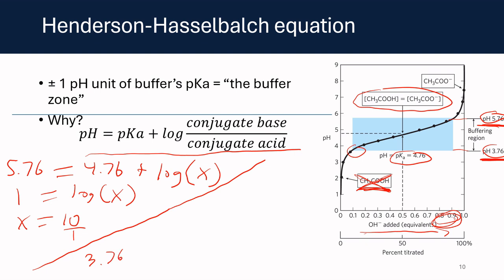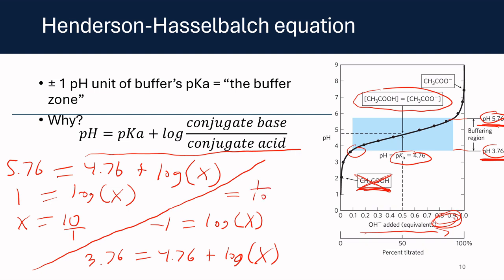3.76 is the actual pH of the environment. The pKa of acetic acid is still 4.76, plus the log, again, of big X, some ratio, we'll figure it out. 3-ish minus 4-ish is exactly -1 equals the log of X. The log of X that equals -1 equals 0.1, or